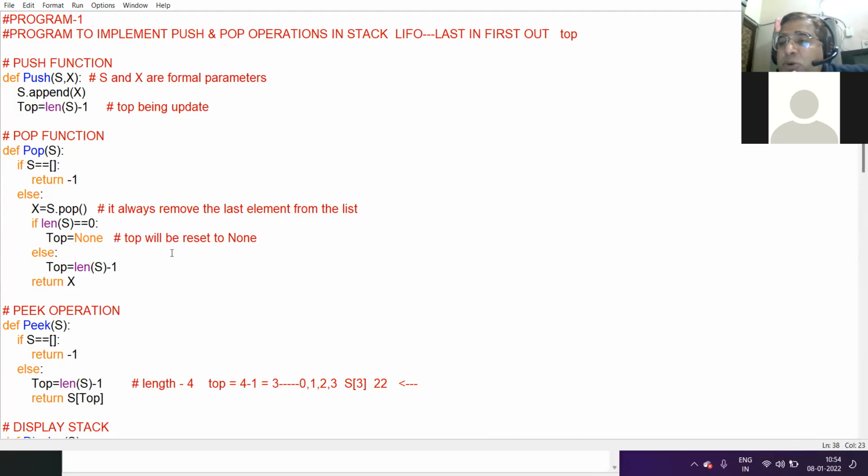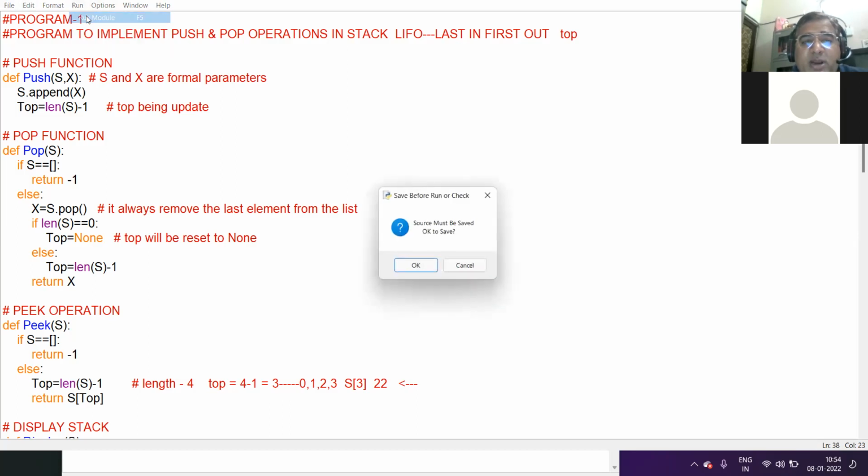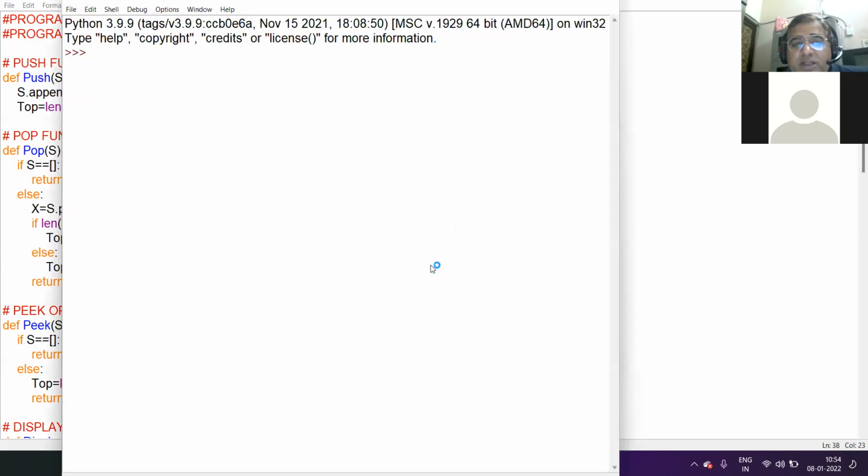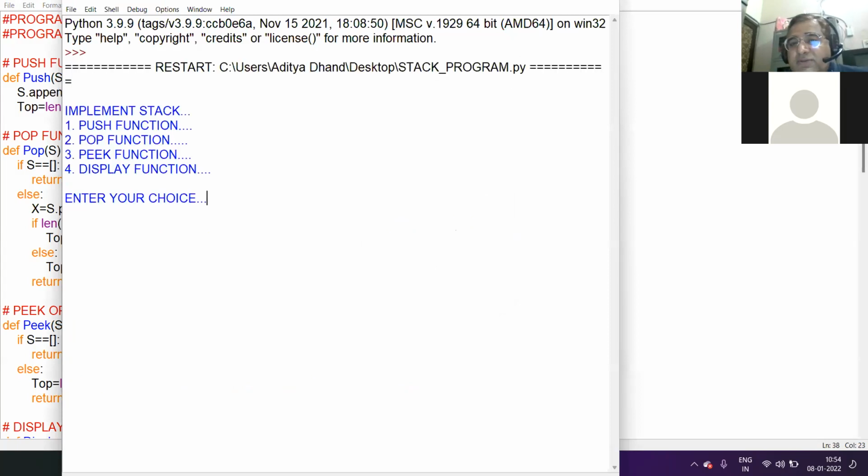This is the first program of Python which is to be transferred in the practical file. Okay, clear? Now I will once again run this program so that you get thorough with the logic of the code.